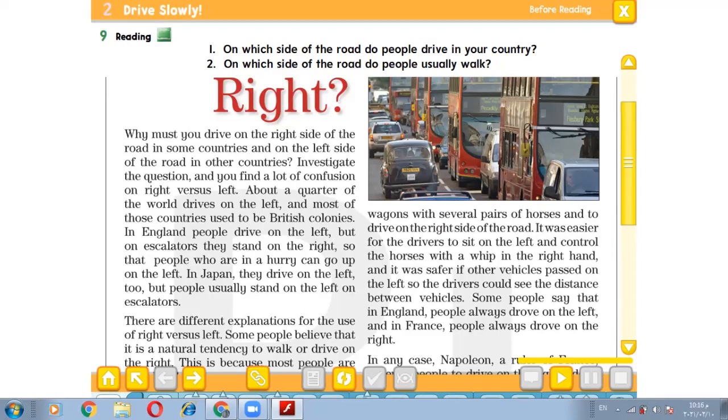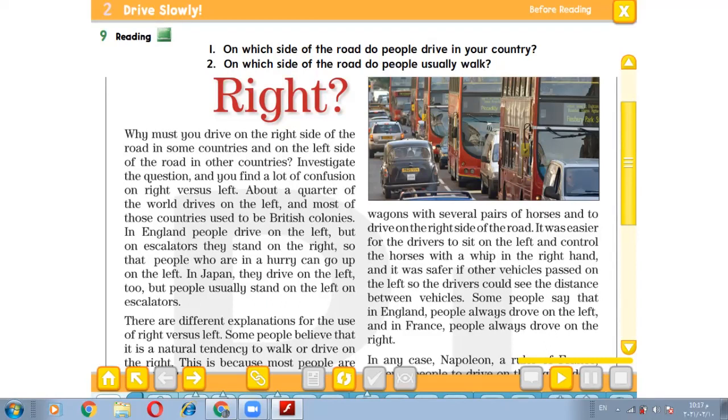Why must you drive on the right side of the road in some countries and on the left side of the road in other countries? Investigate the question and you find a lot of confusion on right versus left. About a quarter of the world drives on the left, and most of those countries used to be